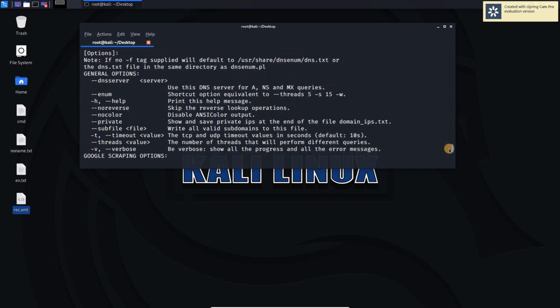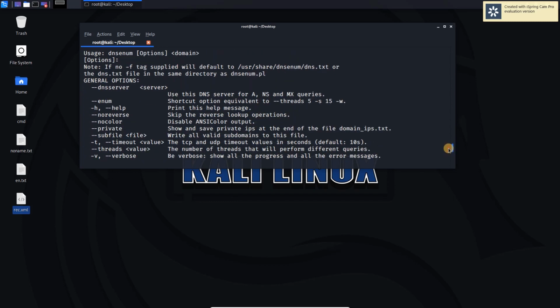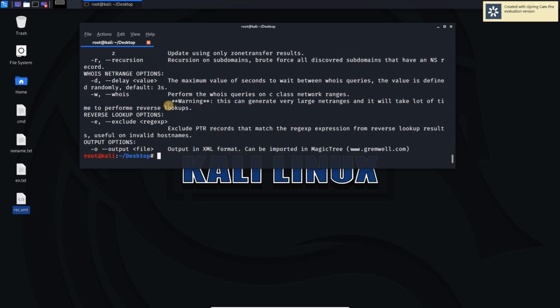In this case we excluded the option dash dash dnsserver, so it searches our local server. If we want to include any specific server, then we can use hyphen hyphen dnsserver and the name of that server. For example, Google's open server is 8.8.8.8. Then it will query Google's server for this DNS enumeration.